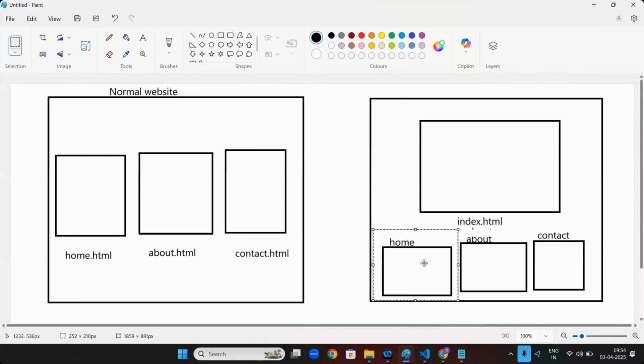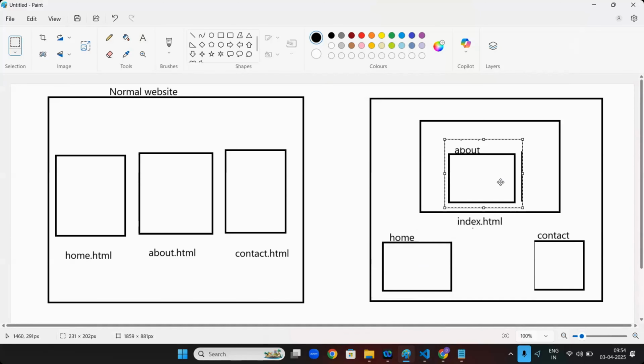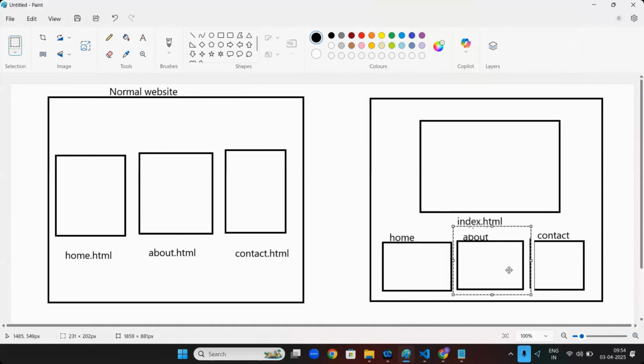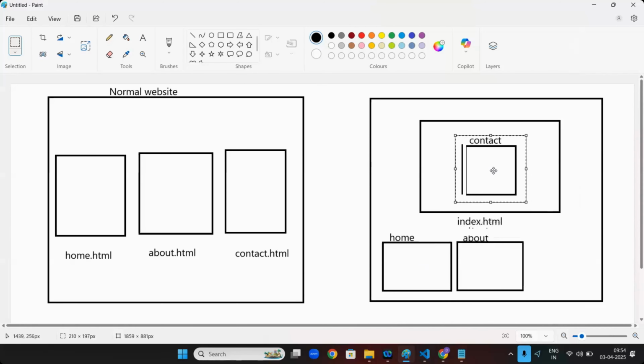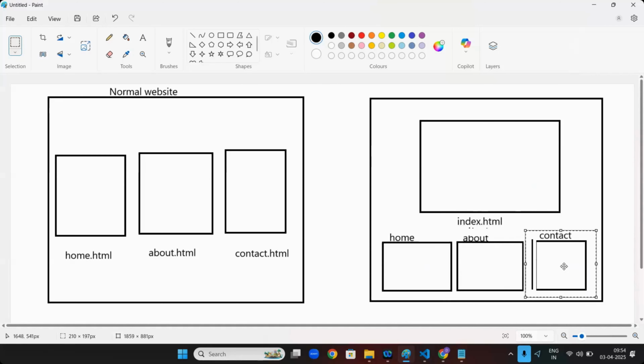If someone clicks about, it will come into index.html. If anyone clicks contact, it will also go into index.html. Now everyone tell me, how many HTML files are there in the second application? One.